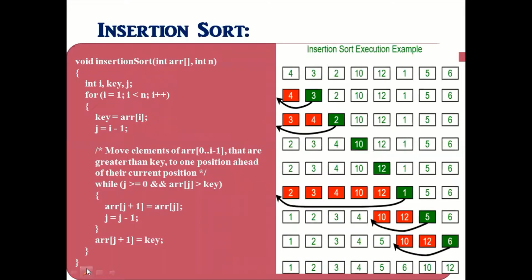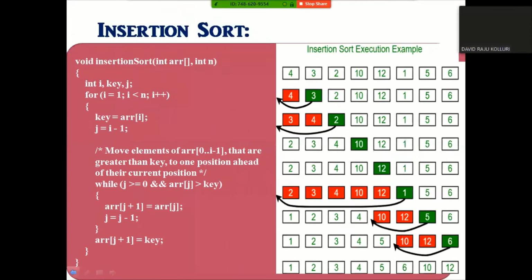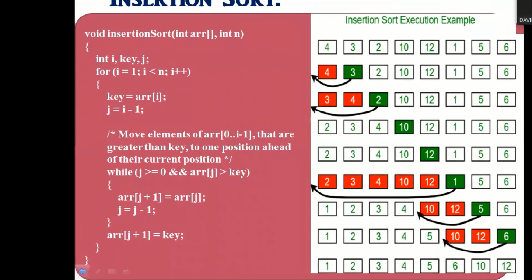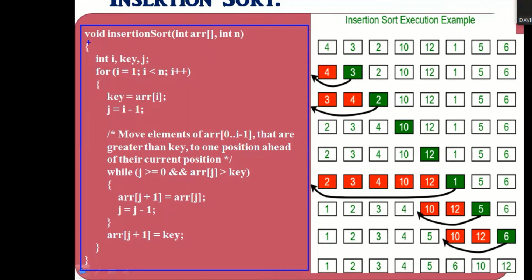Then we'll see this particular function. If you see in this slide, whatever procedures were discussed just now, we'll discuss the same with the help of this particular logic. First, this is called the function. The name of the function is insertion sort, and its return type is void, and the 2 arguments used are ARR and n.